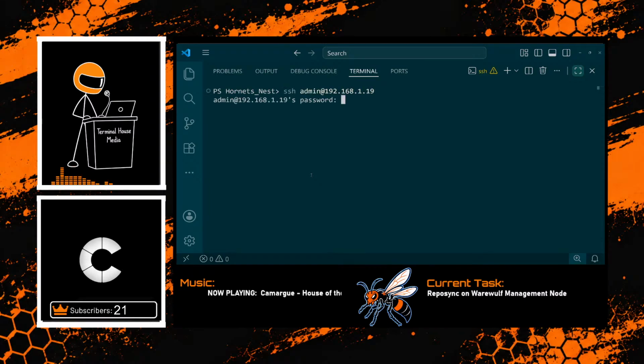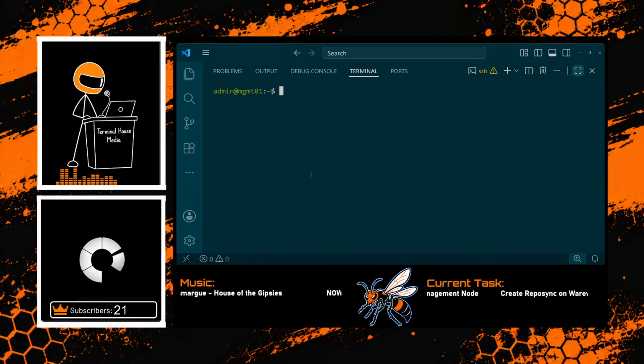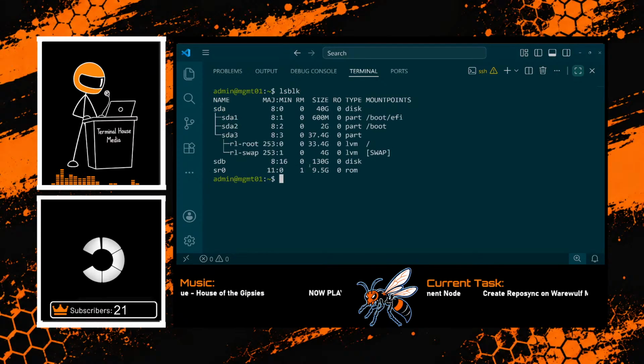Logging into my Warewulf management server. So I'm in my management server for Warewulf. I can clear my terminal, and I can list my block devices. I have SDA, which is 40 gigabytes, and I have dev SDB, which is 130 gigabytes. And dev SDB is supposed to serve as the storage space for